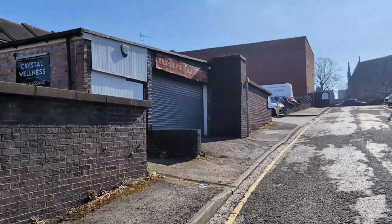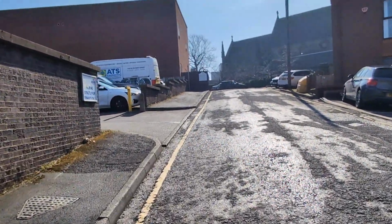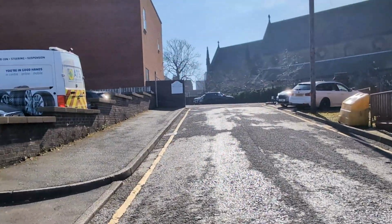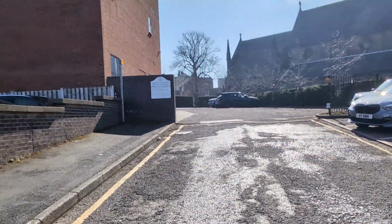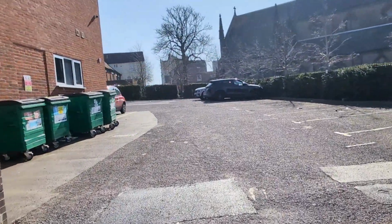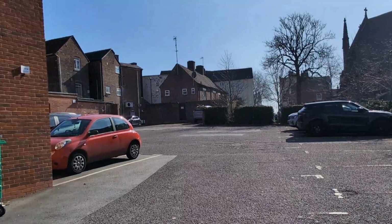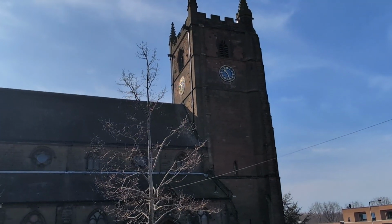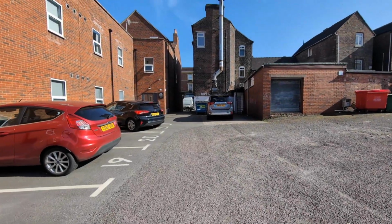But this is Bridge Street Ale House that we're walking past, and this is the rear Hassell Street car park, which is permit holders only, apparently. And hoping we can get this way, to come up to a different area that I've not been up before. But I have to walk back down the hill. And that guttering up there's crap, isn't it? Leaking out everywhere. But lovely view of the church here. So we can get this way. This is the Keele student rooms,